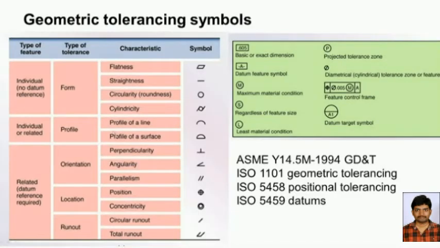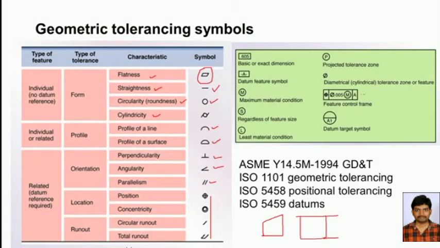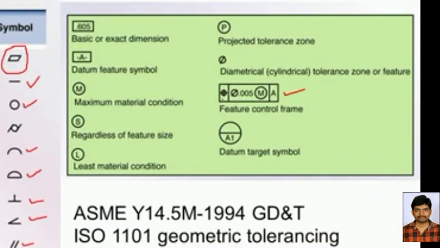And this is known as a feature control frame. Okay, so feature control frame. In the first box, we have to write the symbol corresponding to the required characteristic. For example, here we have used a circle with a plus, which indicates position. So position characteristic and tolerance value on the diameter. And then this is a modifier, maximum material condition. And this is the reference datum for achieving this position, which is mentioned in the last box.